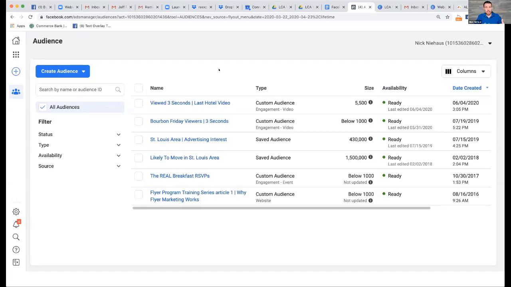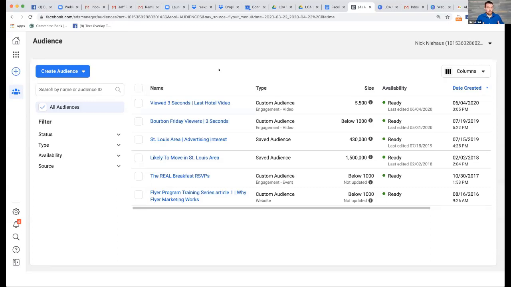And that's new, right? This kind of learning algorithm stuff only has existed for a few years, but it is really cool. It's kind of like you just let it work, and the longer you let it work, a lot of times the cheaper your ad costs get per view, which is pretty cool. So I would give it at least 2 weeks. I think thinking in terms of 1 month at a time is probably a decent starting point. And then you just have to look at ad performance, right?